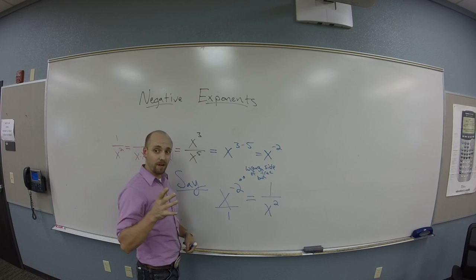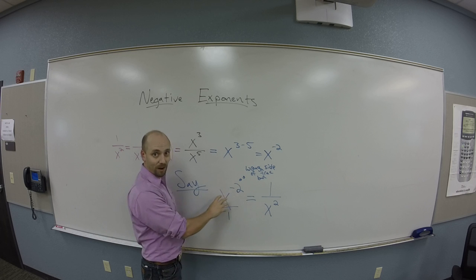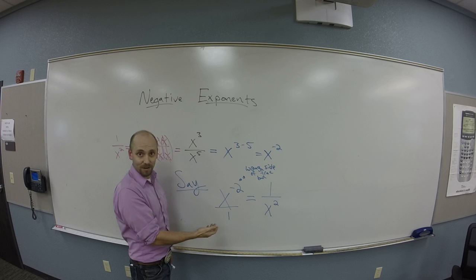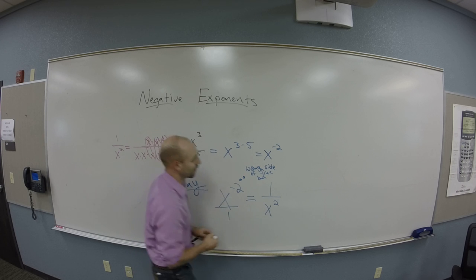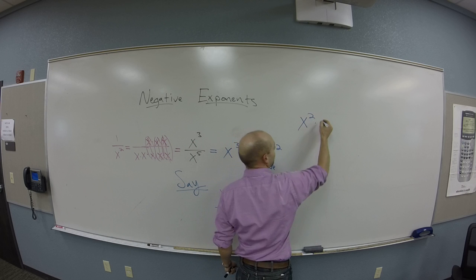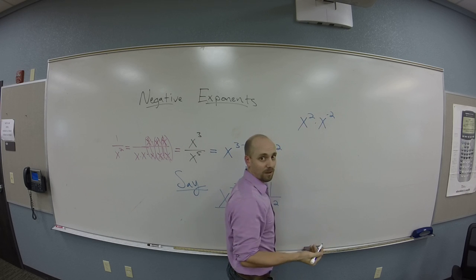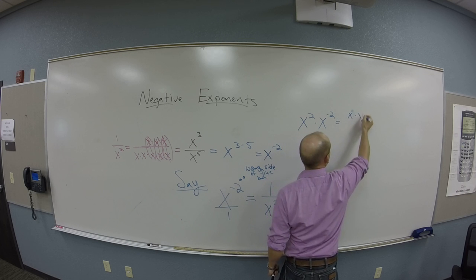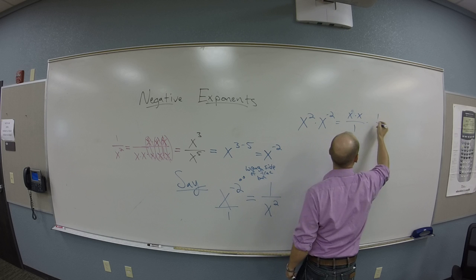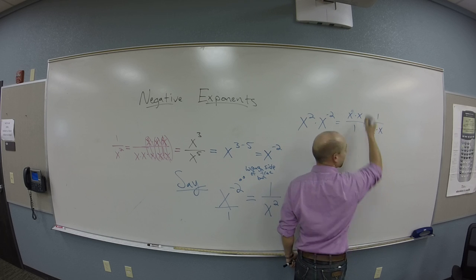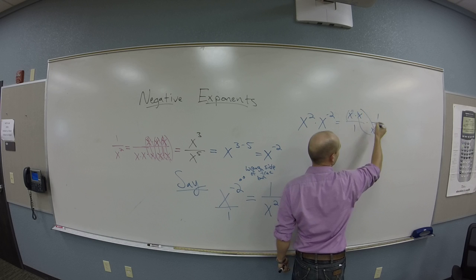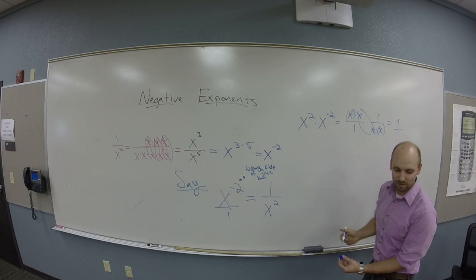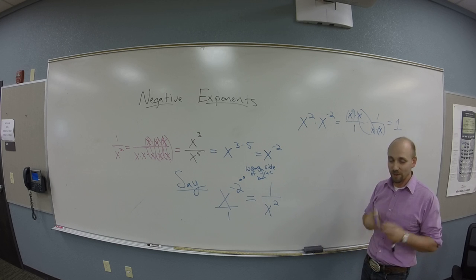The other thought you could have is that these are like anti-x's, right? When I multiply them by real x's, they cancel out, which is, of course, exactly what happens. If we took x squared and multiplied by x to the minus 2, we would really be doing x times x over 1 times 1 over x times x, right? Group into ones and cancel, get 1 out of the whole thing. Cool? Follow? So they really are a little bit like